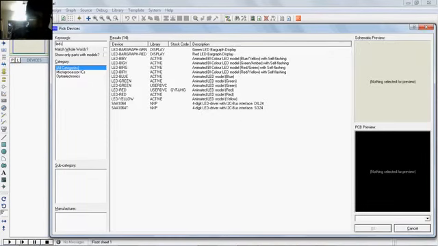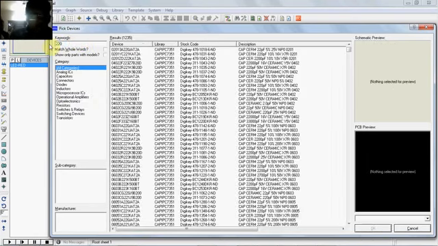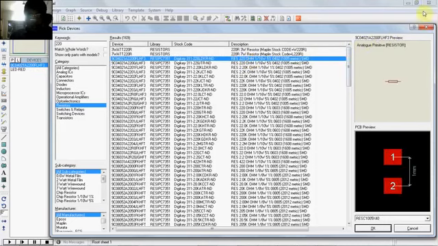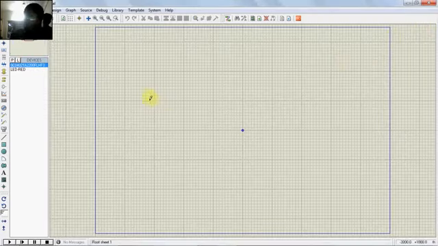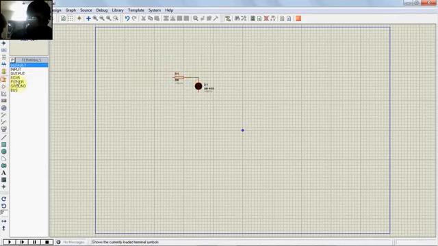Now grounding this part. Now I am using an output. This is present in the terminals mode. You can select it, and I will turn it to make it like this and place it here.